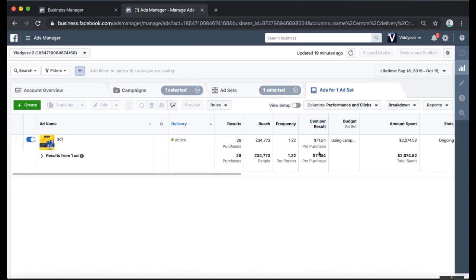Because for this specific offer I'm promoting, my average order value is between $150 and $160. And as you can see, with only this specific ad, I've already gotten like 29 purchases at $71 per purchase, which is great, because if you divide 160 by 2, that's $80, and 150 divided